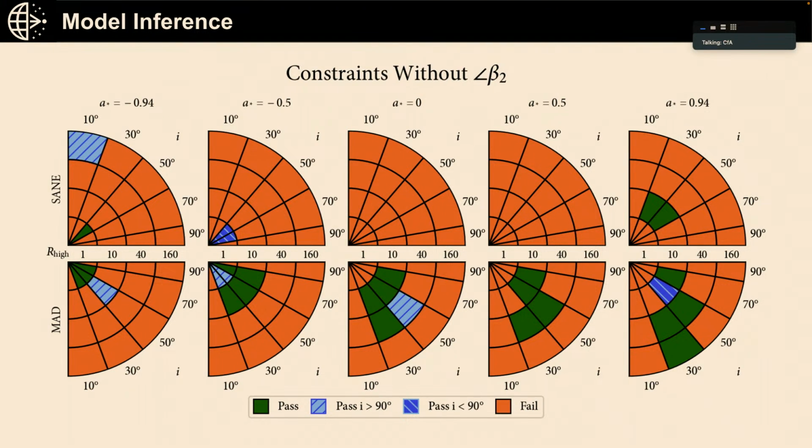So this is models where the disk is primarily emitting versus all the way out at 160 where the emission is primarily coming from the jet. And then we have 5 columns corresponding to 5 different spins. Negative spins are ones where the black hole spin direction is in the opposite direction of the angular momentum of the accretion flow, and positive spins are ones where those are aligned, going from almost extremal to 0 spin where the black hole isn't spinning at all.